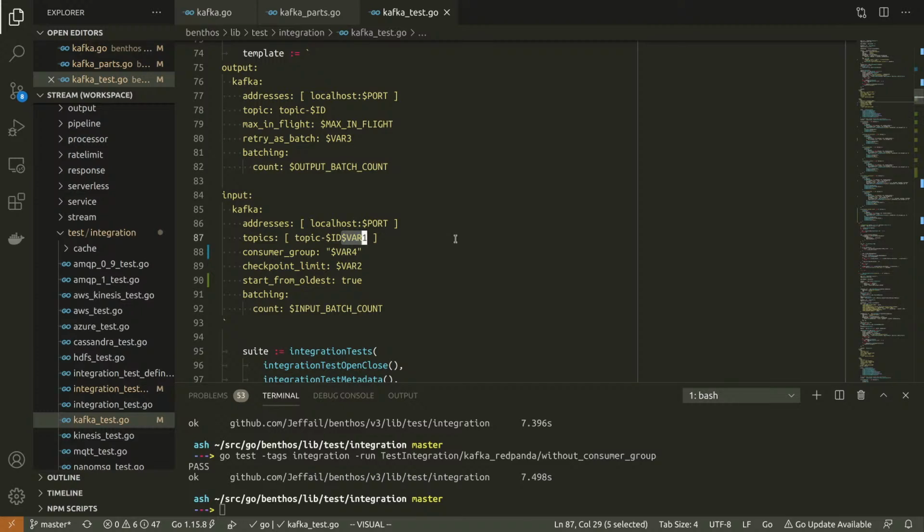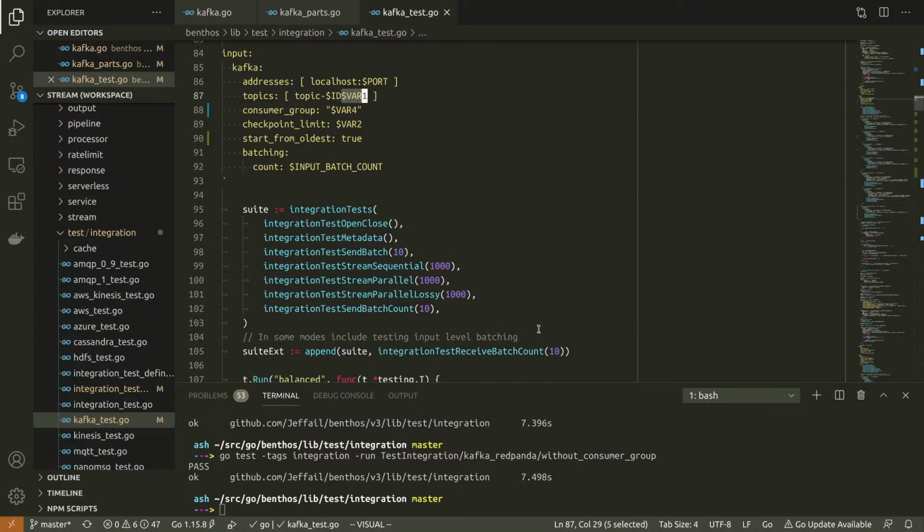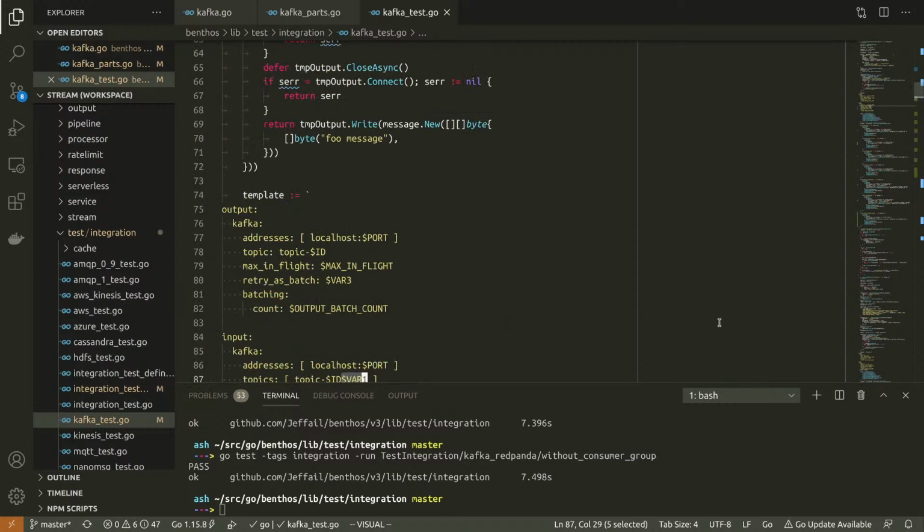The reason why it's there is because I want to test explicit versus unexplicit topic partitions. So sometimes I want var1 to be empty, but sometimes what I wanted was a range, really. I wanted to create 4 partitions and consume for every single one.